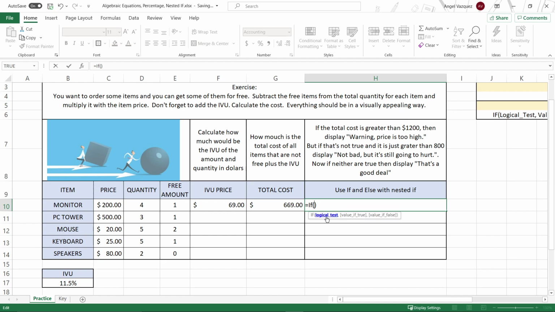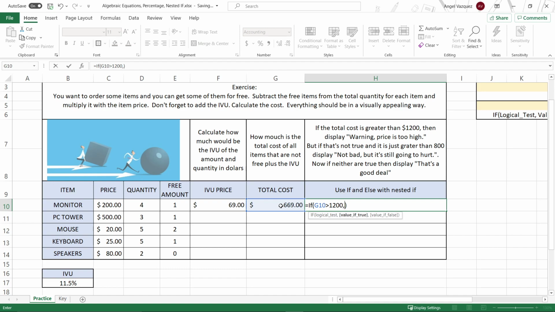So right now we're in the part for putting the logical test, which is the condition. Is it greater than this other number? Is it true that it says monitor or not, for example? Is it true that it's higher or greater than 1200? Alright, so let's put if total cost is greater than 1200,